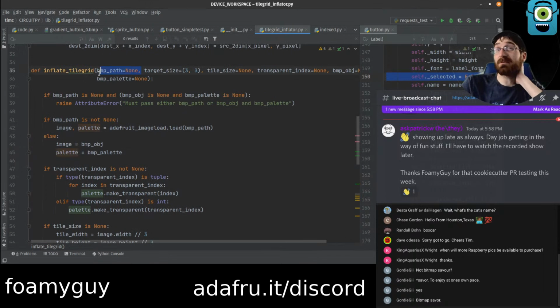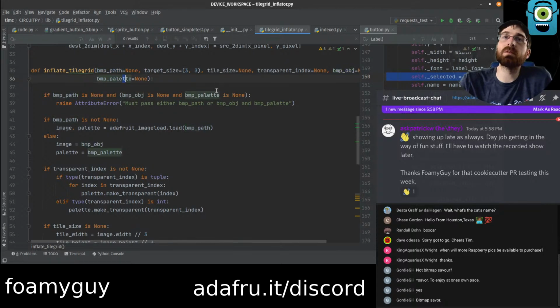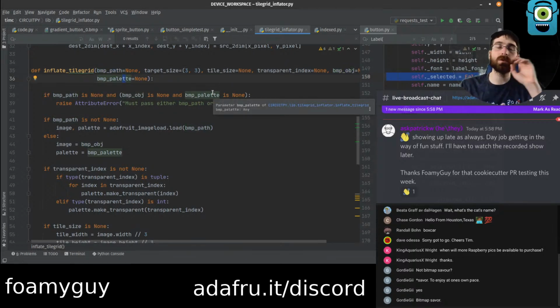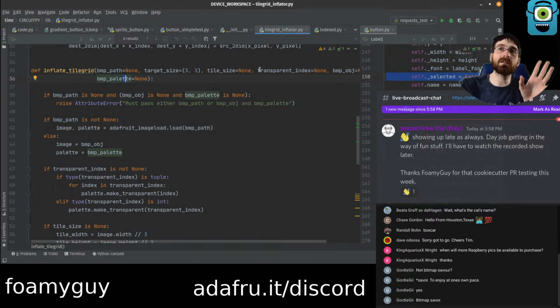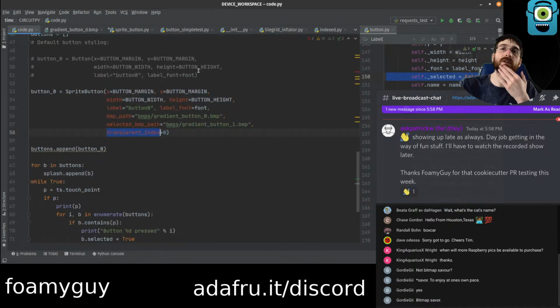Maybe I'll get rid of path altogether, honestly. It's nice, but it does make it trickier. And if we just used bitmap object and bitmap palette both, then you can always use either on-disk bitmap or regular bitmap, and we don't have to mess with transparent indexes at all. You could do that externally. And we wouldn't have this problem.